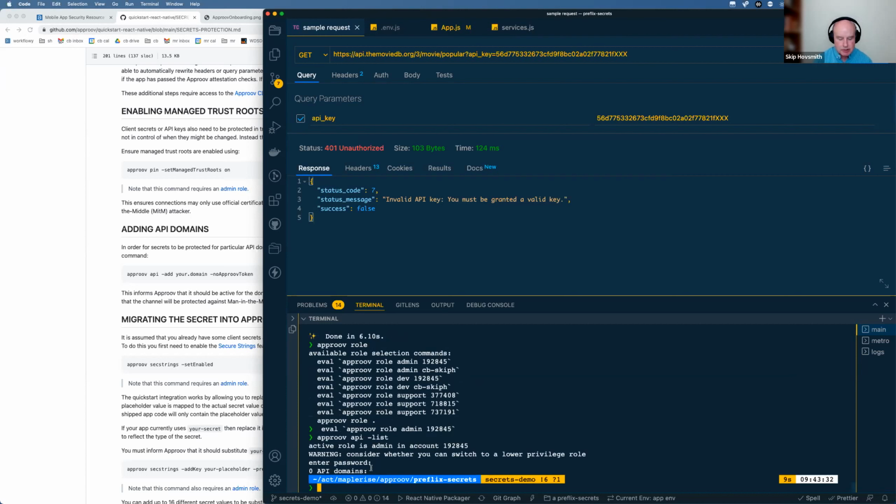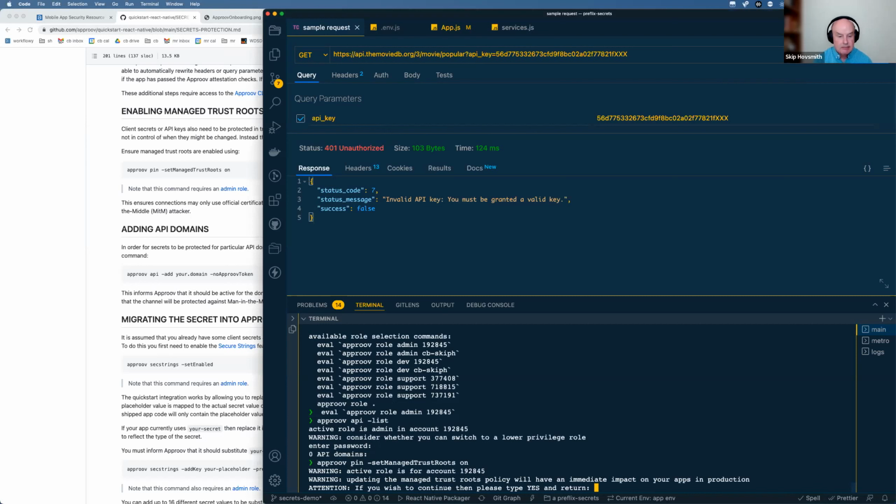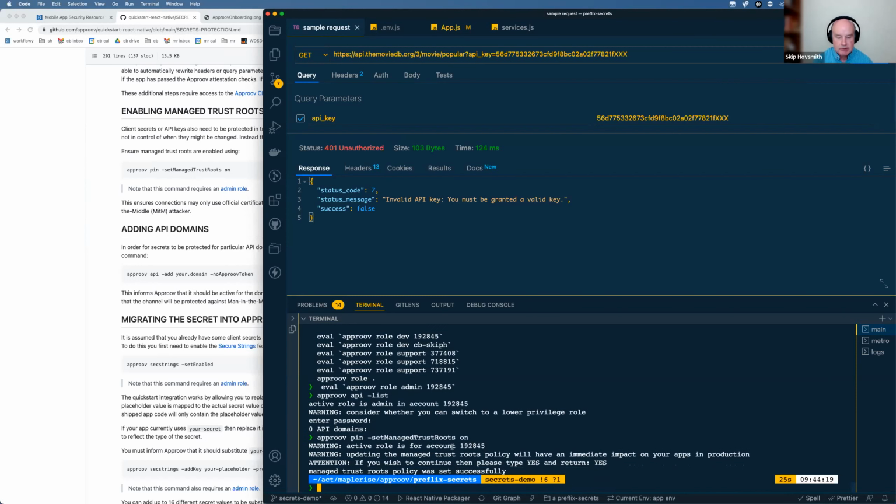So one of the first things I'm going to do is go ahead and turn on the pinning. So we're going to want to get that set. So I'm just going to do that right here. I wish it was harder, but that's all you have to do. So now we're using the managed trust routes that Richard spoke about. Whereas before you could defeat the pinning by going in and poisoning the device trust area, here we've now locked these into the app. So you're pretty well locked down. I just need to type yes to confirm it, and we're all set.